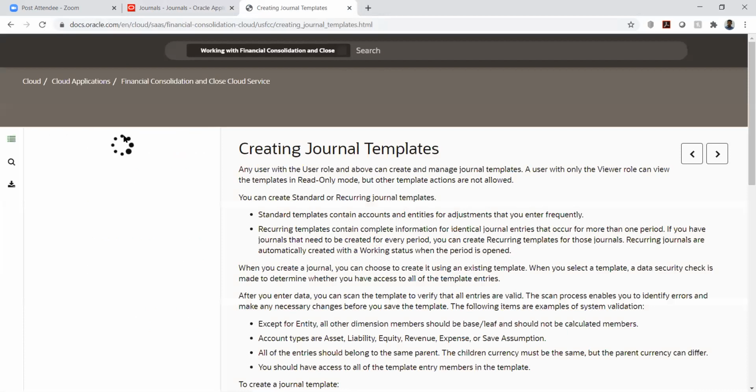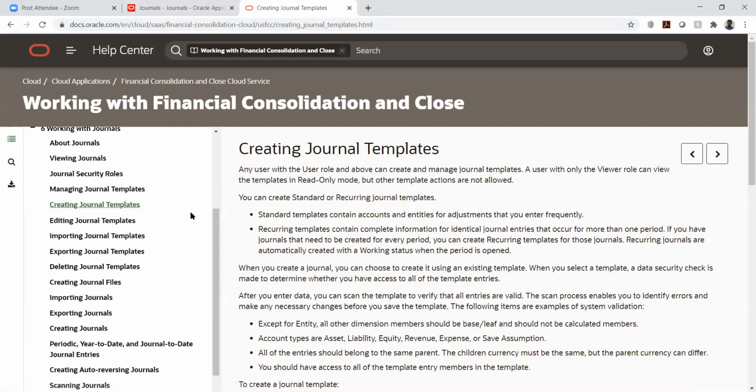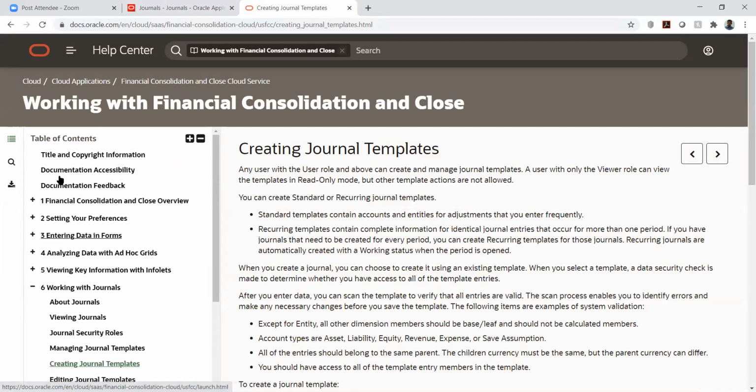Is it the same or different? Oh, this is the same.